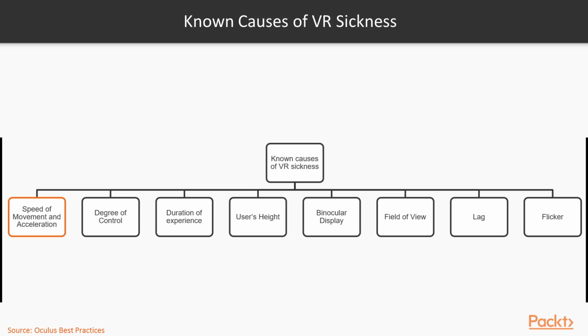Acceleration, linear or angular in any direction, conveyed visually but not to the vestibular organs, constitutes a sensory conflict that can cause discomfort. An instantaneous burst of acceleration is more comfortable than an extended, gradual acceleration to the same movement velocity. Degree of control. Taking control of the camera away from the user or causing it to move in ways